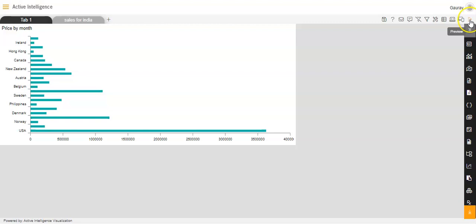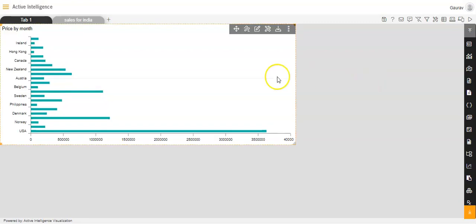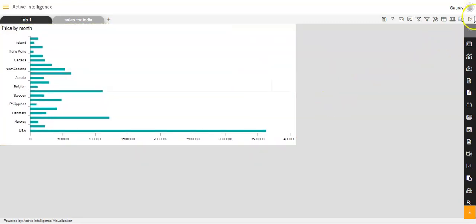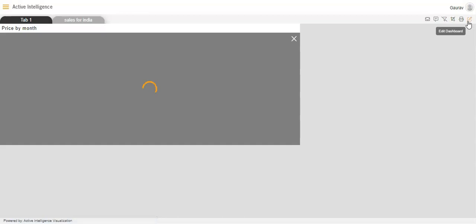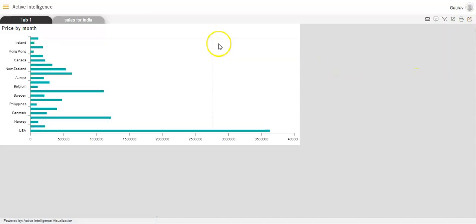Next we have the preview. The preview option is the preview mode of the dashboard. If you wish to view the dashboard which you have created in preview mode, you can click on this preview mode. So you can see now the dashboard in a preview mode. And if you want to go back to the edit mode of the dashboard, you can click on this edit mode over here. Just remember one thing, when you are creating a dashboard, you will have to go to the edit mode only, since the features will work only in the edit mode. In the preview mode you can just view the report. So I'll go back to the edit mode.